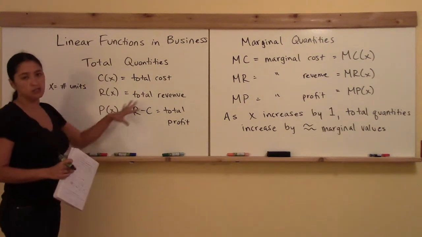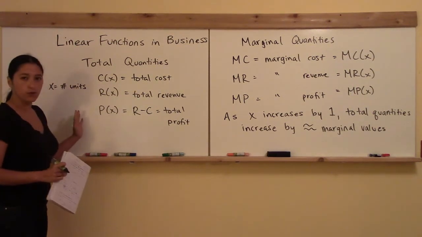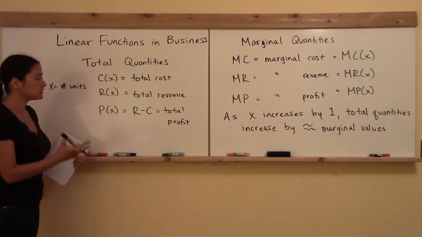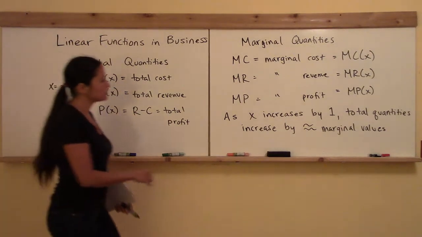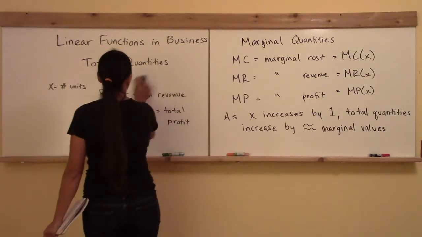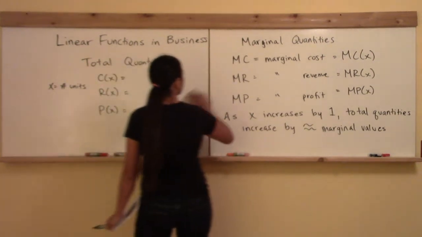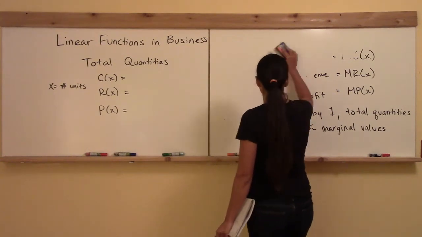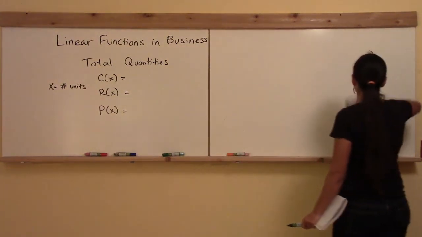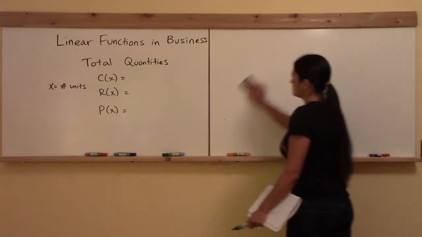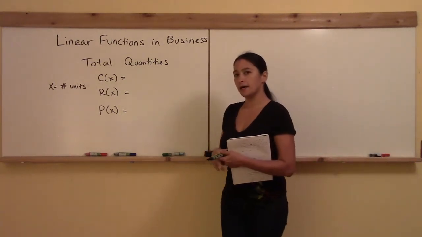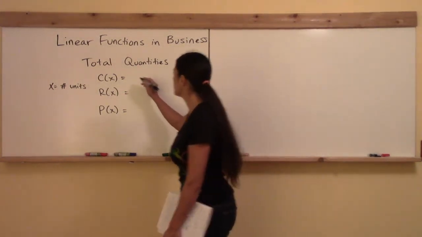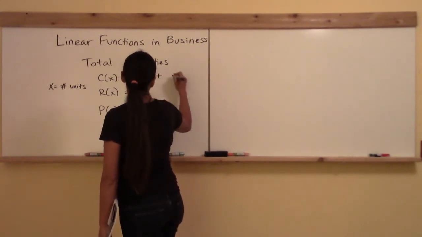So these are just totally general concepts here, and you don't see the linear form right now, but this lecture is on linear functions in business. So now let's put some linear functions on there, and that's going to be some of your most common types of functions. I'll show you how you can translate the linear form into words, and how you can find the marginal quantities that correspond to each one of these linear forms. Okay, so let's say we have some sort of business, maybe we're making books or something like that, and we have a cost function, maybe that's going to be 400 plus